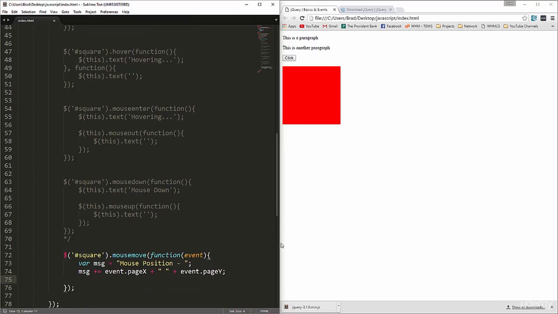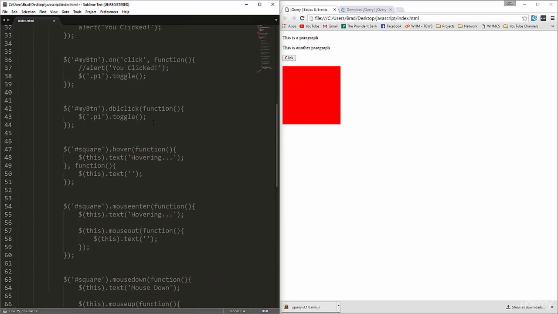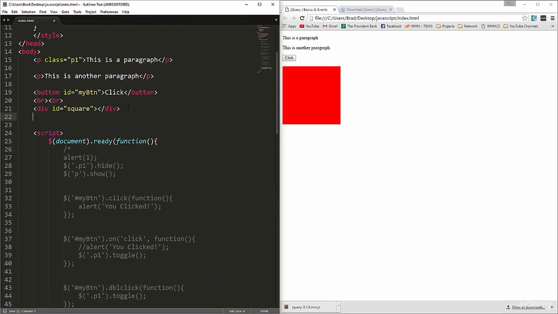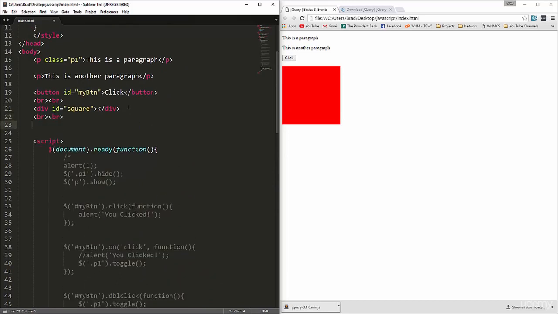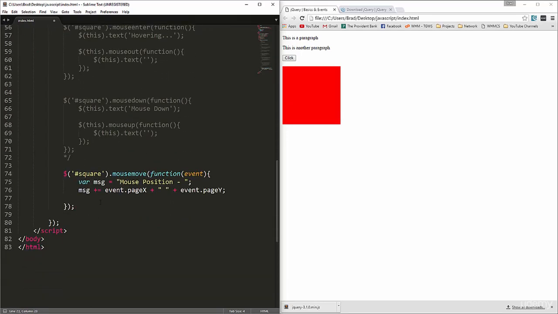All right, and then we want to output that. So let's create another div and put some line breaks, and then we'll have a div with the ID of output, and then down here we can grab that with jQuery,